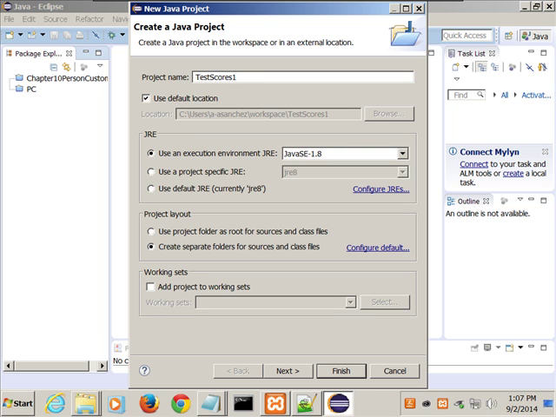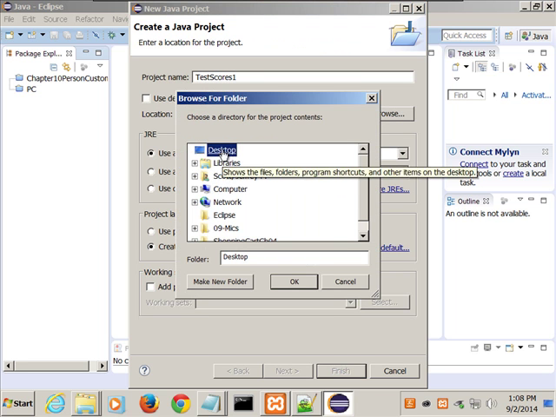Yeah, thank you. Did everybody see this? Because I know a couple of you have been burnt with this. For use default location, make sure it's not, that's Adrian, the lab assistant who set that up. So if that's yours, don't have it there. Just click where it says use default location, click browse, and go onto your desktop or something like that, okay?